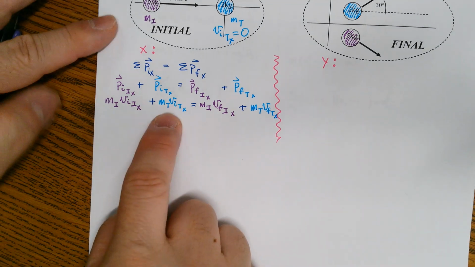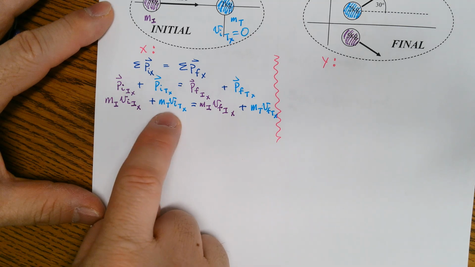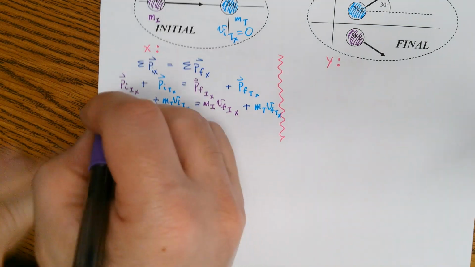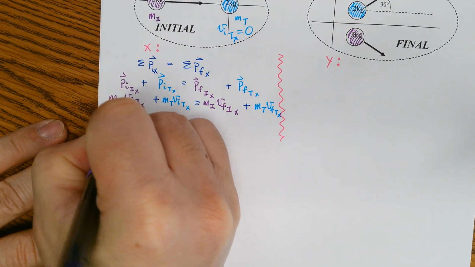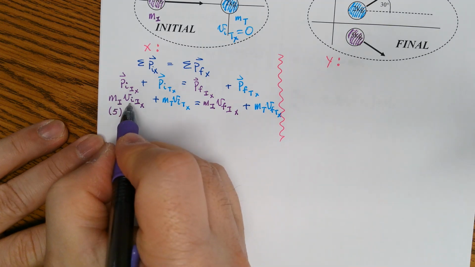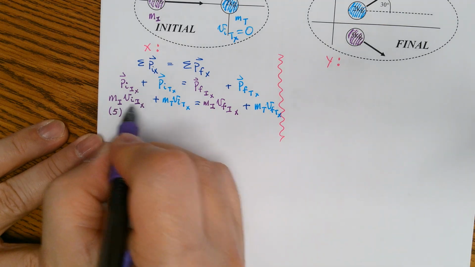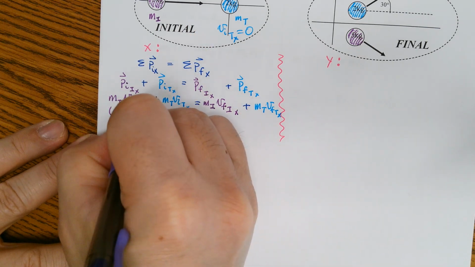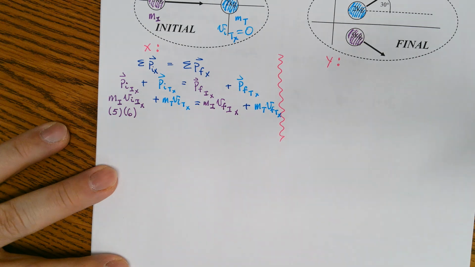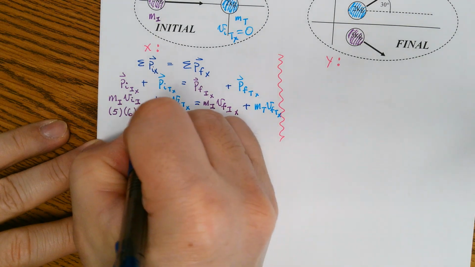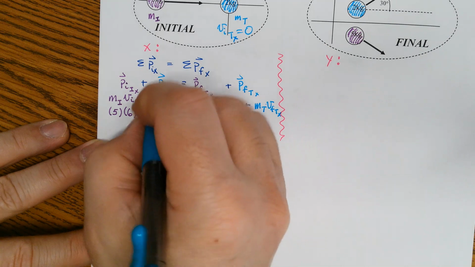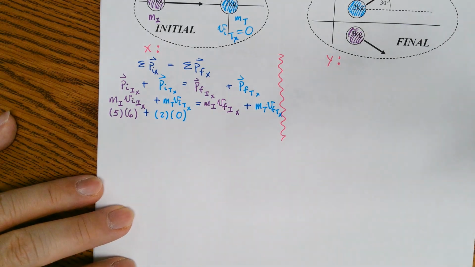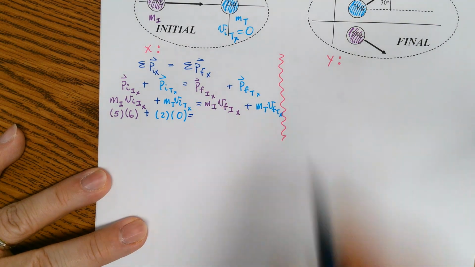Now we know this is 0. Mass incident happens to be 5 kilograms, so we could put 5 kilograms in there. Then the initial velocity for the incident in the x direction is 6 meters per second. Are we okay with that? Yeah. Plus 2 kilograms times 0, that is equal to